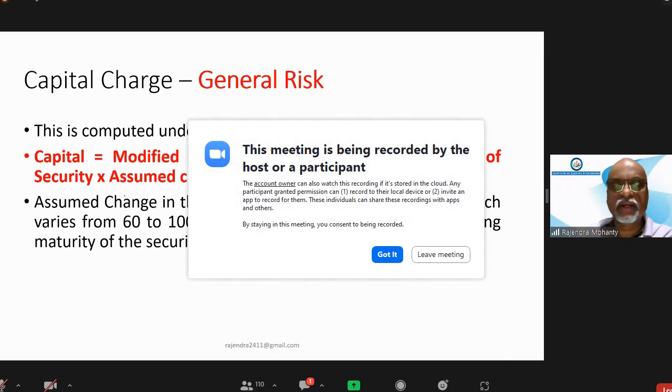So the assumed change is given by RBI, the regulator, and it varies from 60 to 100 basis points. So basically, it varies from 0.6 to 1, depending on the remaining maturity. There is a big list where the assumed change is given. So you have to find the modified duration. You know the market value of the security today. You calculate that, multiply, and find the capital. That is the process for calculation of